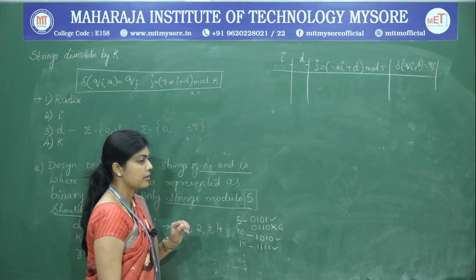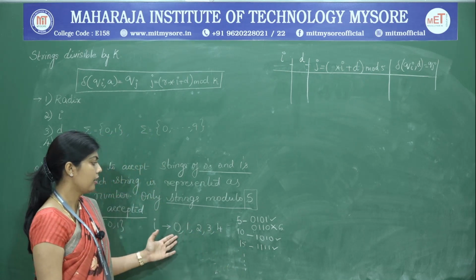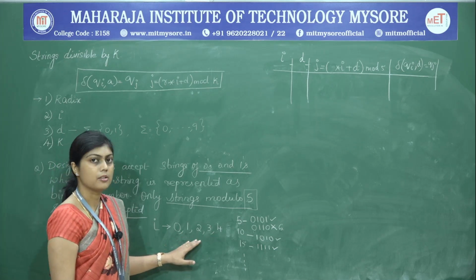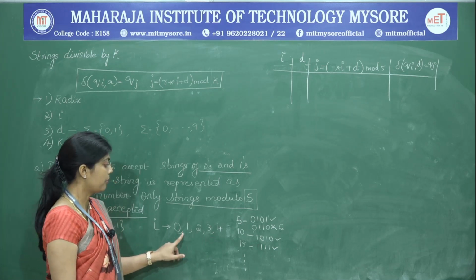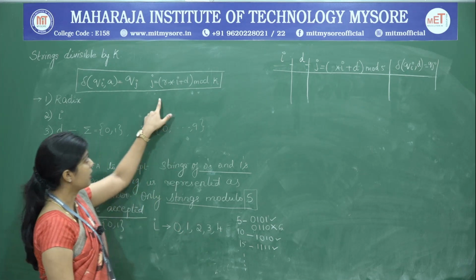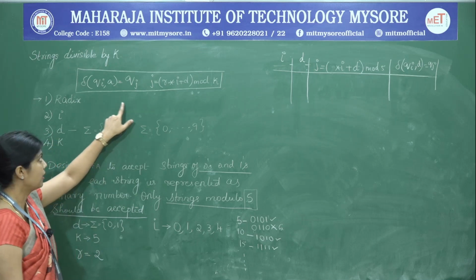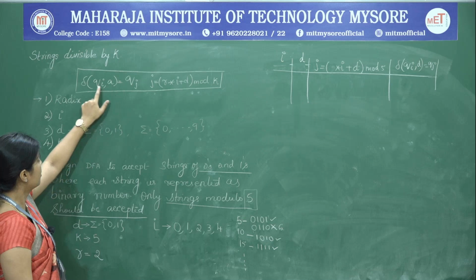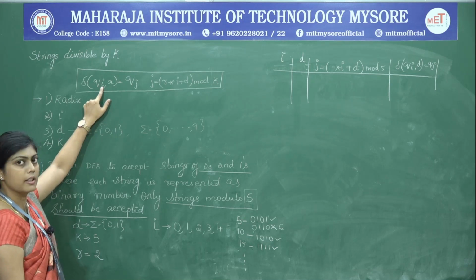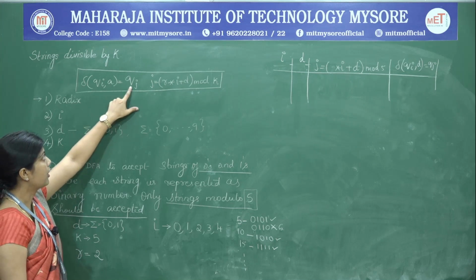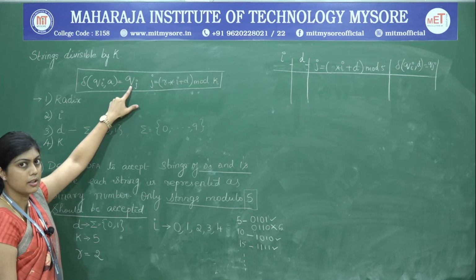Now we have found out the states of the DFA indirectly through the remainders, that is 0, 1, 2, 3, 4. Next job is to find the transitions on all the input symbols from these states of the DFA. So this is the relation that we are going to use in order to find out the transitions from the DFA states. So Qi has to be treated as the source state, a is some input symbol, and Qj is nothing but the destination state.